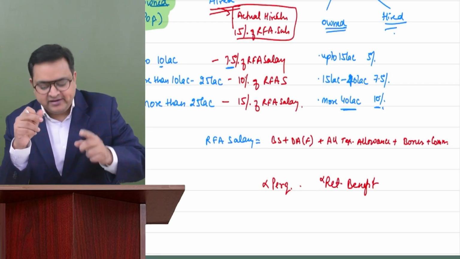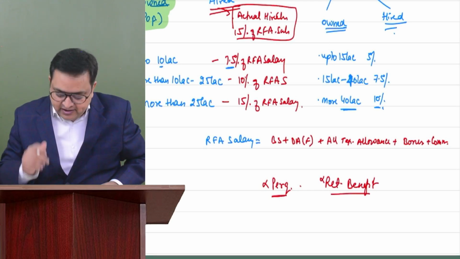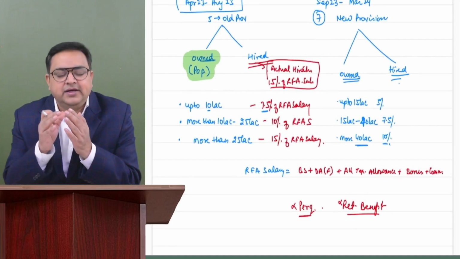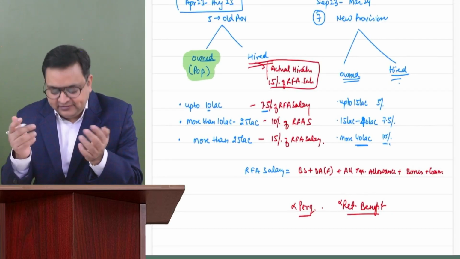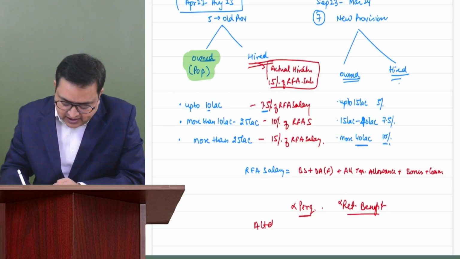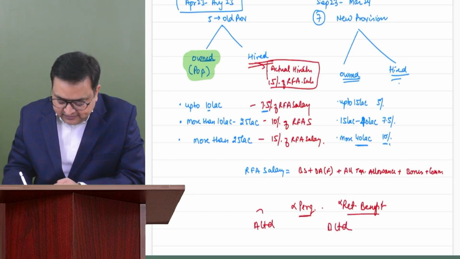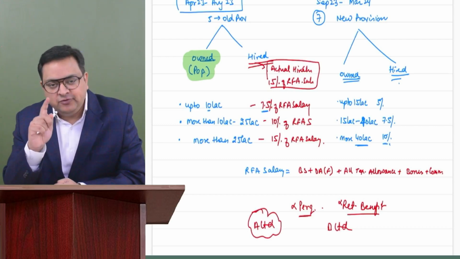Please, in RFA salary, do not include perquisites, do not include retirement benefits, right? And the most important thing is that if the employee is simultaneously working with more than one employer, let's say he is working with A Limited and with B Limited simultaneously, and he has been provided accommodation from A Limited, then you have to take, when you will be taking your